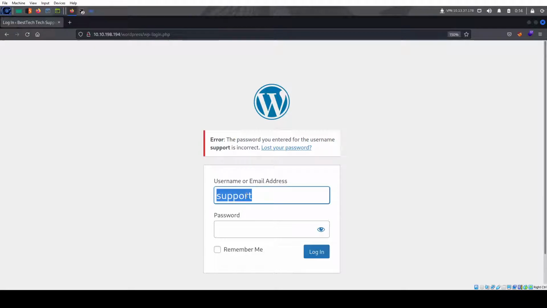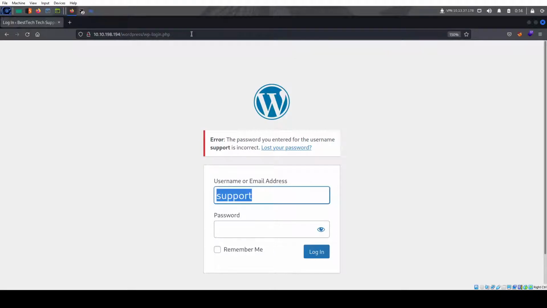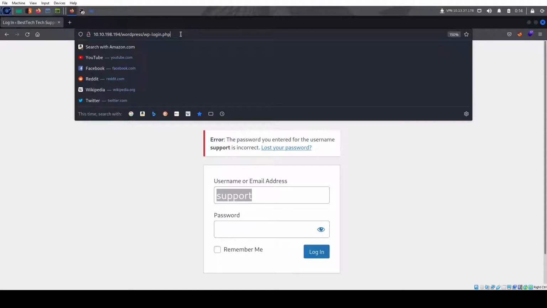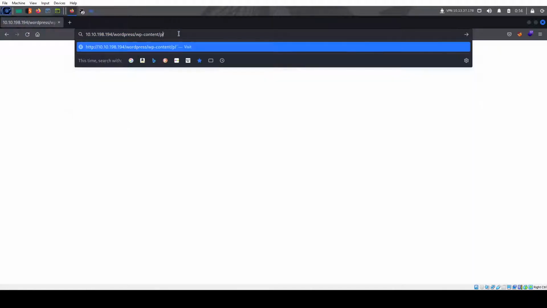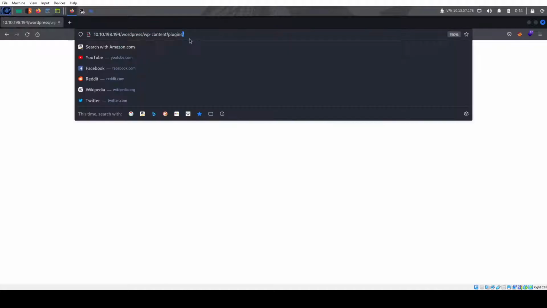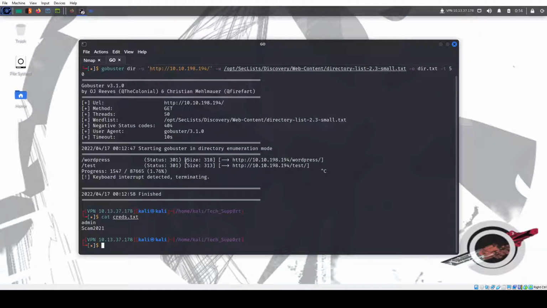So usually after that I don't try anymore, especially on these kinds of machines. You don't want to waste too much time. So then I try to move on to the content. Look to see if I have any themes that I can access. No. Plugins. No. Okay, and you can enumerate these for any weak plugins. You could run WPScan, but if you don't get much from that, then best to move on to something else. The one thing that definitely caught my eye, and it's always good to go back,